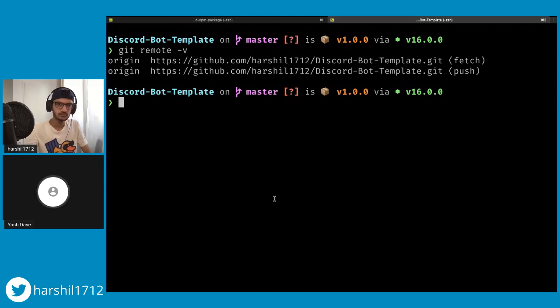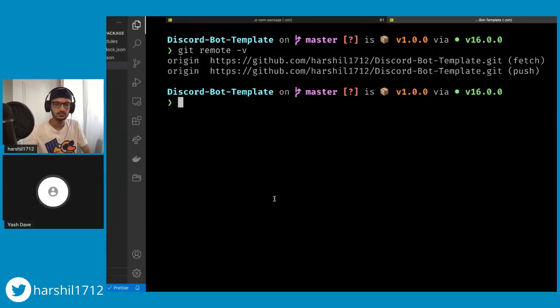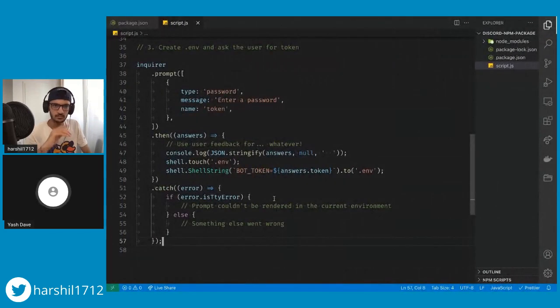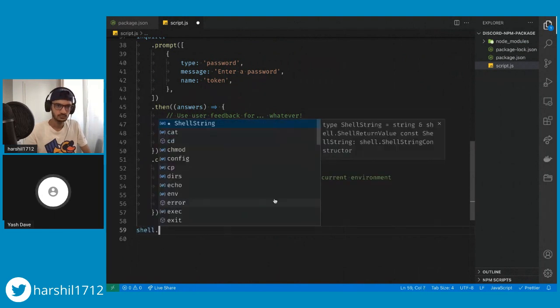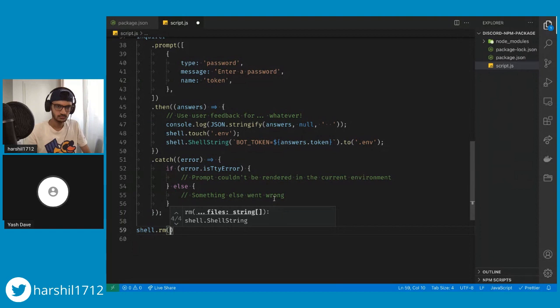Which I don't think we want to do. So we would also have to incorporate a shell.rm command, which deletes the .git folder for you, and then we can just write a